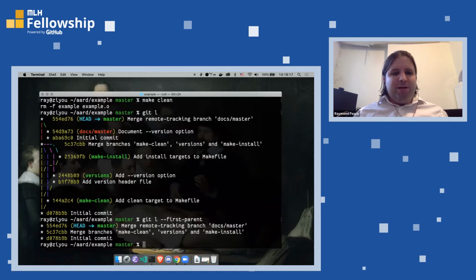Rather, it's kind of like a way, I don't know if you've used editors where you can sort of fold sections of code away to not look at them and then you can go deeper into them, or like any sort of directory tree browser that does this. It's like that in a sense for the commit log. You can get an overview of the history from looking at the first parent history, and then you can dive deeper into specific things that you're interested about by following other parents of a merge in the full log. And again,